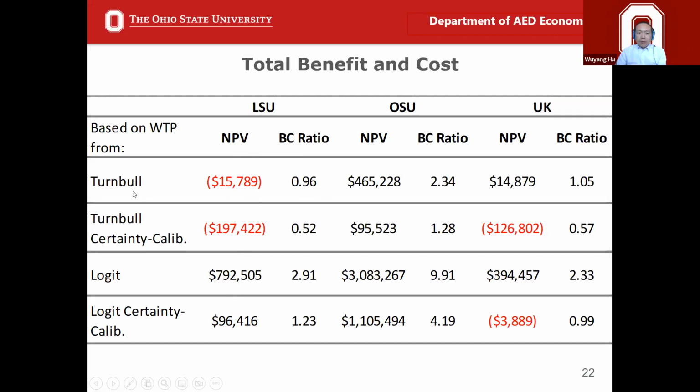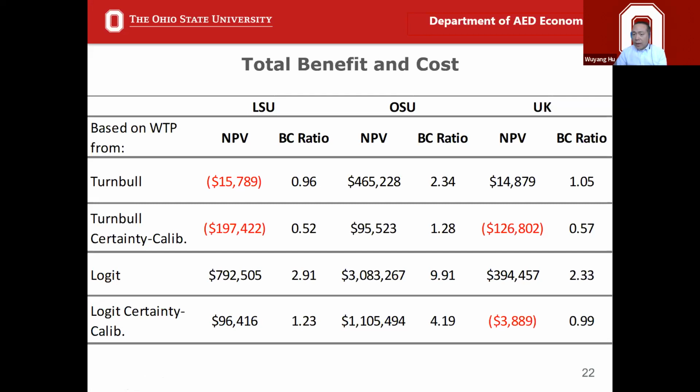We can see that the first two rows, we call them Turnbull estimates. The difference between Turnbull estimates and the logit, here the last 2 rows are logit estimates. Turnbulls are much more conservative, generating smaller values in terms of the benefits. And Turnbull is the method I use for the simple yes or no answer. Remember that yes or no answer from that table. So overall, I'm not going to get into the detailed specific numbers, because I want to save some time at the end. Look at the numbers.